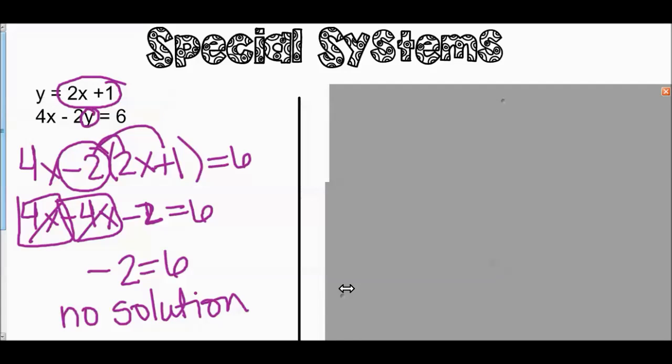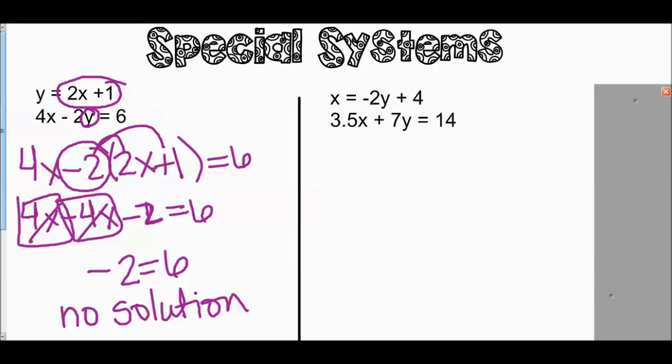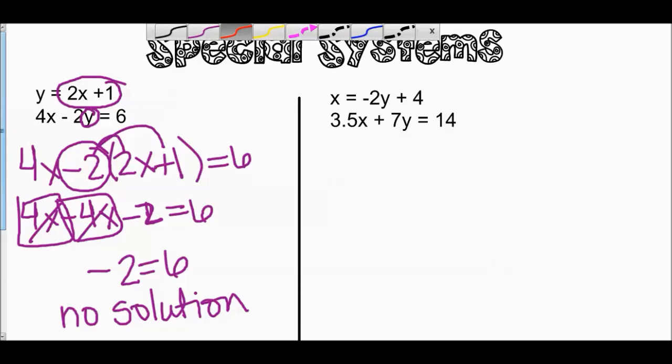Let's look at our other little special friend. We have x equals -2y plus 4 and 3.5x plus 7y equals 14. The x is already isolated, so I'm going to make that my bubble, -2y plus 4, and I'm going to substitute that in right here for x. So my super equation will read